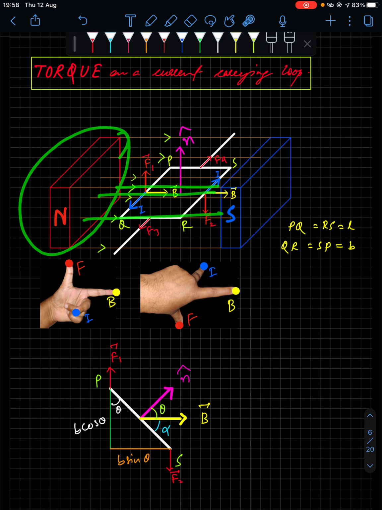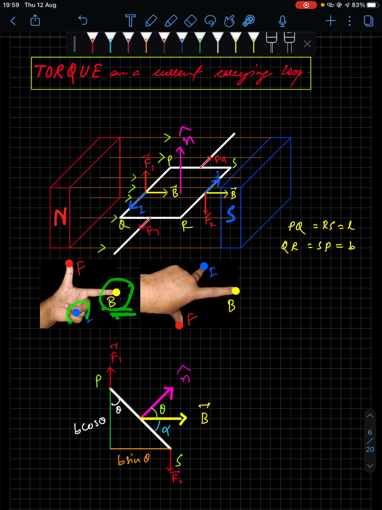You can see these brown lines are the magnetic field lines from the north pole of the magnet to the south pole of the magnet. Now we have the direction of the magnetic field, which is from left to right, B vector. And current direction is different for different branches. Now you have to apply Fleming's left-hand rule to find out force. If magnetic field is along the right, and current is downward, represented by middle finger, the field is represented by index finger, then F is pointing upward, represented by thumb. So F is acting perpendicularly upwards on this branch PQ.